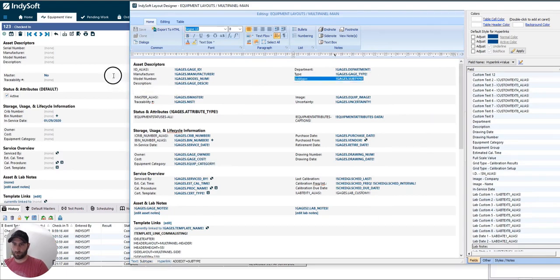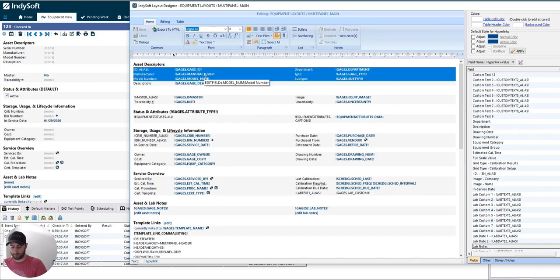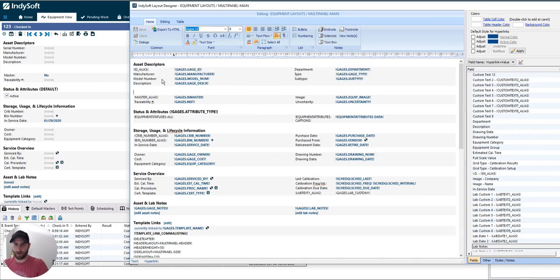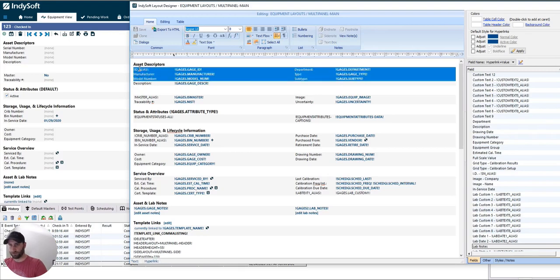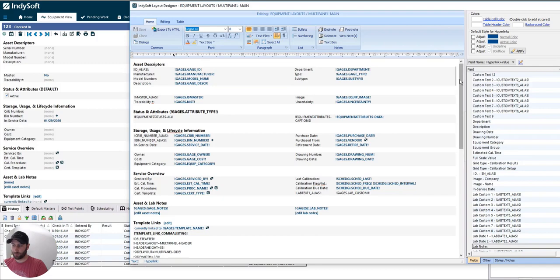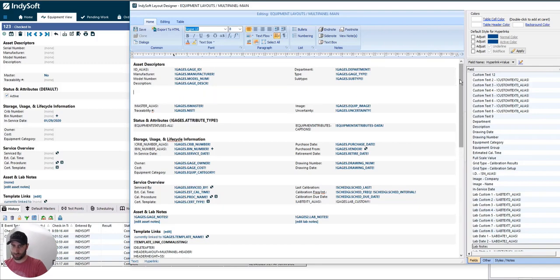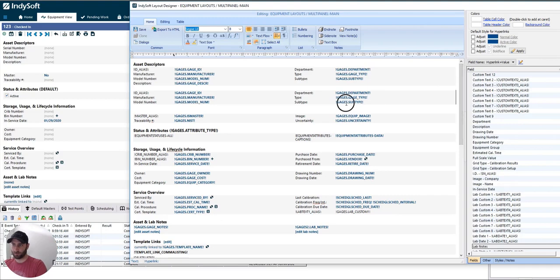When I'm bringing in custom fields, I like to give myself another table. Everything on here is rows and columns, treated like Excel cells. You can see this cell runs to about here. Right before the department, there is a little border that breaks the two. To add more, I'll just copy what I have up here, go all the way over to the end where the cursor is, press enter, and paste it in. I can delete